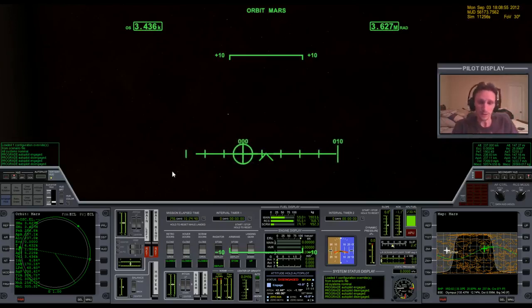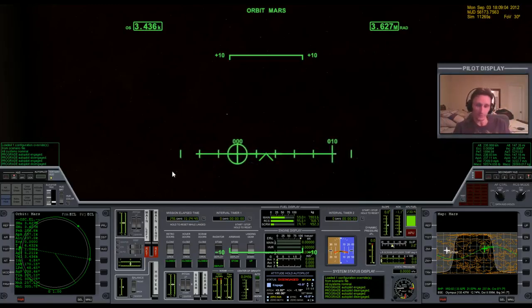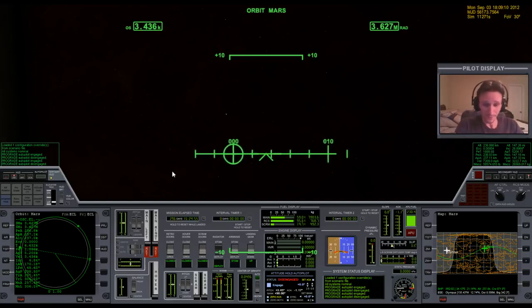So overall, I thought it was a really good attempt. Actually, you've picked up Orbiter quite a bit faster than I did when I was originally learning it. It took me much more time to even get to Mars than it did you. But a